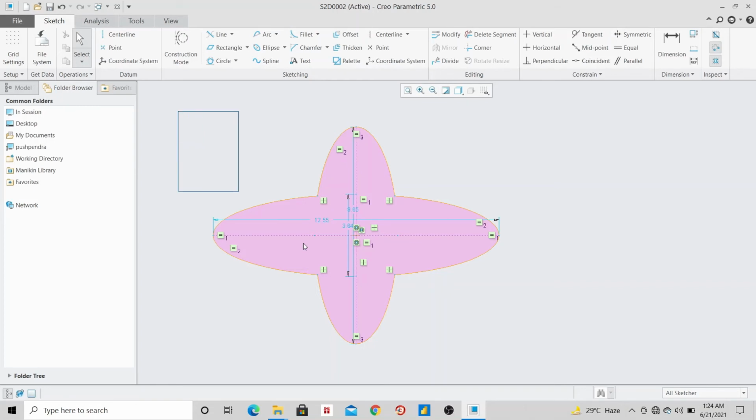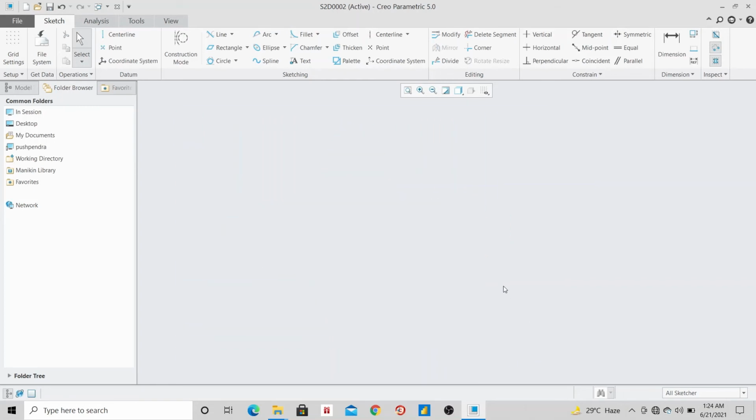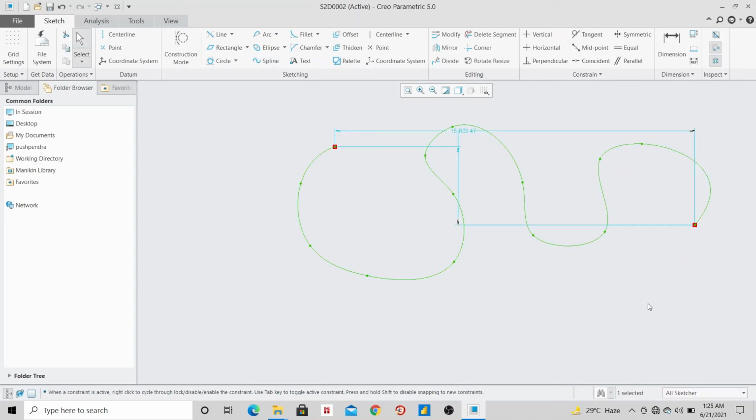So this was all about the 5 basic commands that are being used in designing any profile. But one thing is free form sketching, and that is performed with the help of a spline. I can draw anything. Anything means just keep on drawing and you can design it.